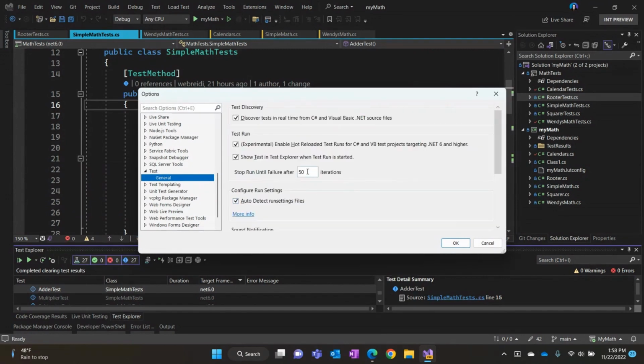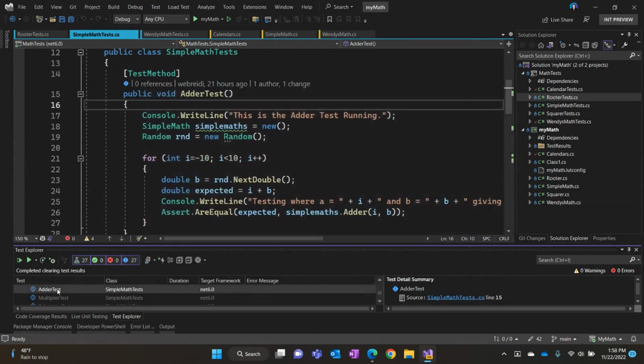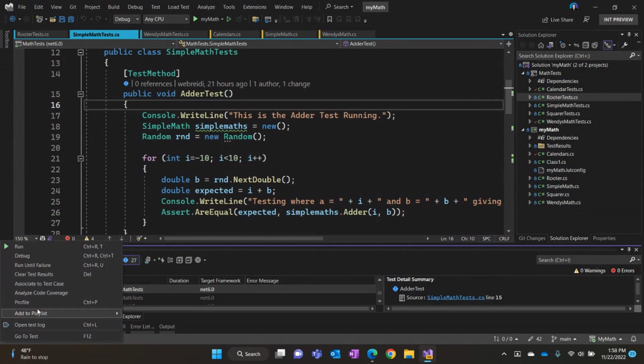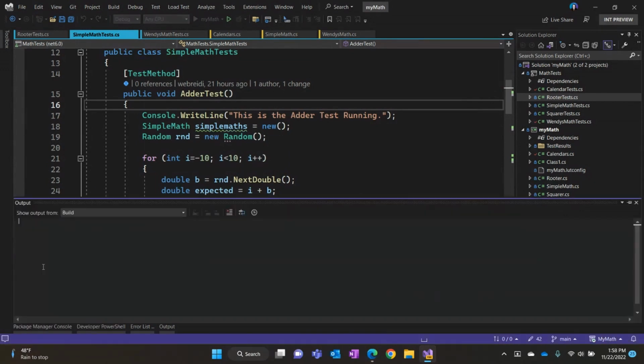By default, it's at 1,000, so it'll run 1,000 times for the demo's purposes. I've set it down to a low 50 so that it's not going to sit and run, and I can show some other cool stuff. But when I run until failure, this will start up, do the build, and then in the background, once that build finishes, it will start running the tests until it reaches a failure.